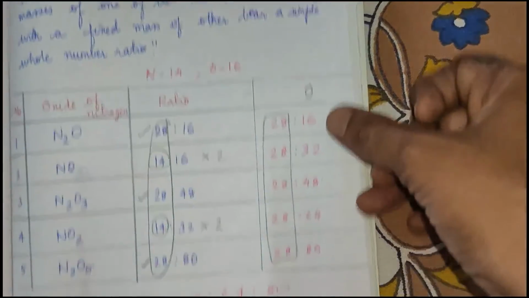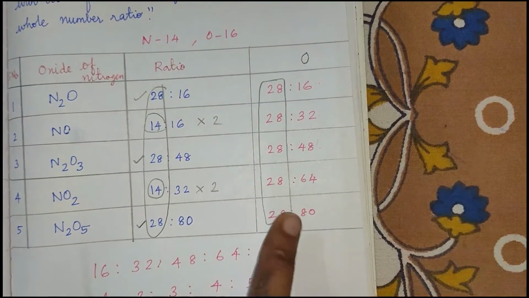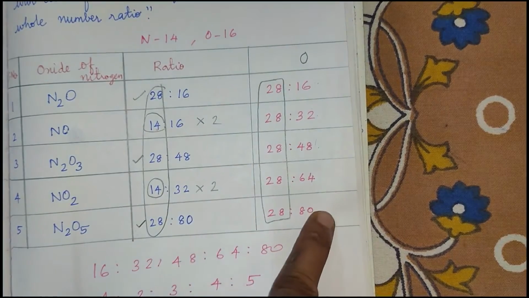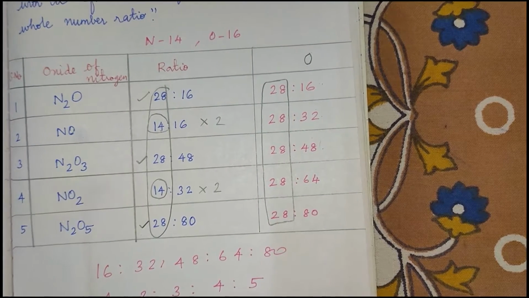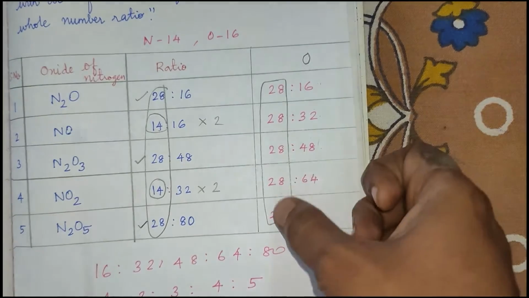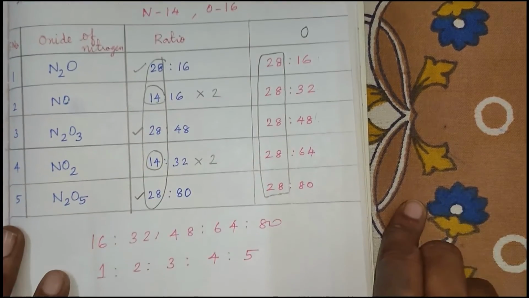Now this looks like a ratio. You can fix the ratio of one element and look at the ratio of the other element. That looks like a simple ratio. Now you will be asking me a question. Shall we fix the ratio of oxygen constant and look at nitrogen? Yes, you can do that. That is also correct, right?